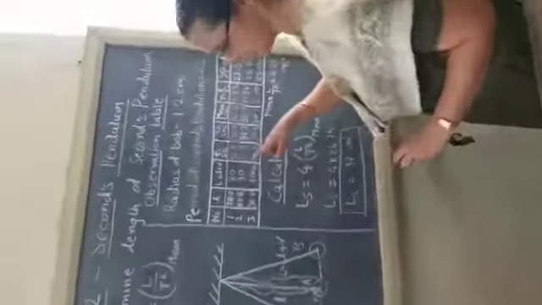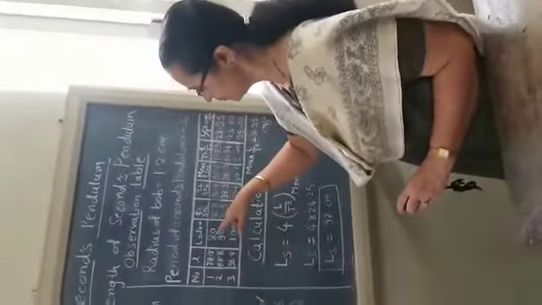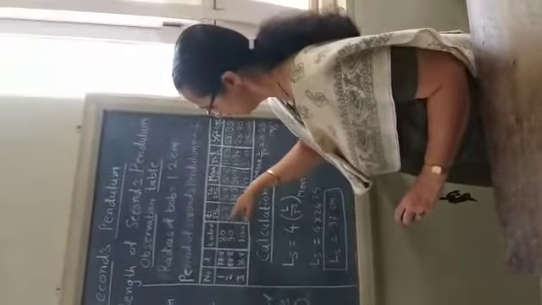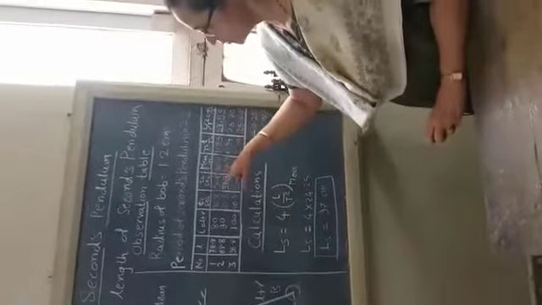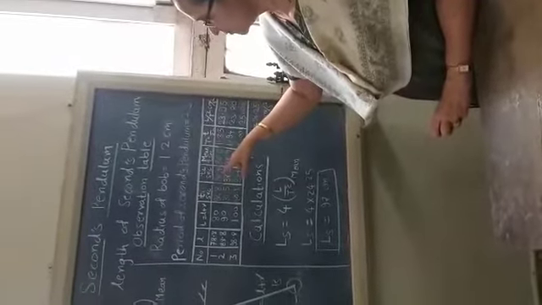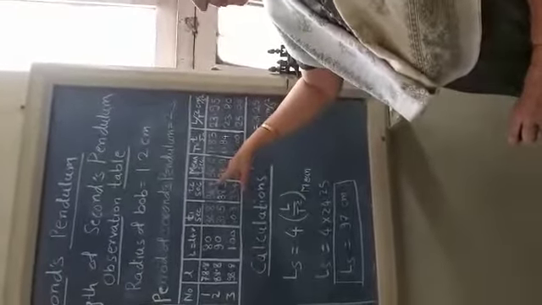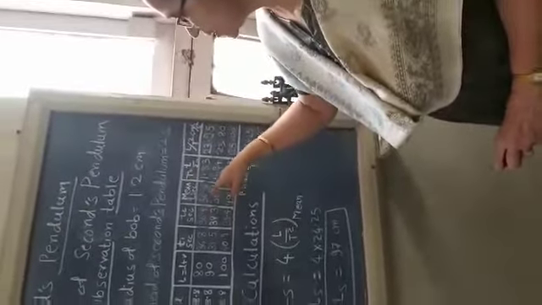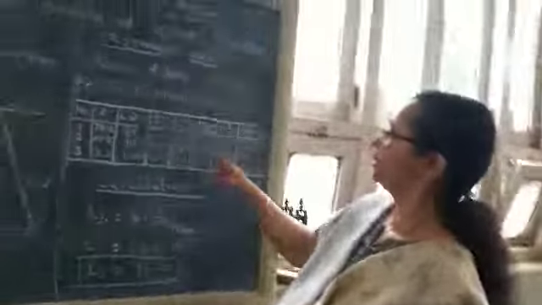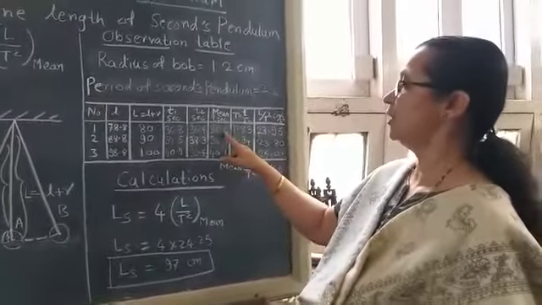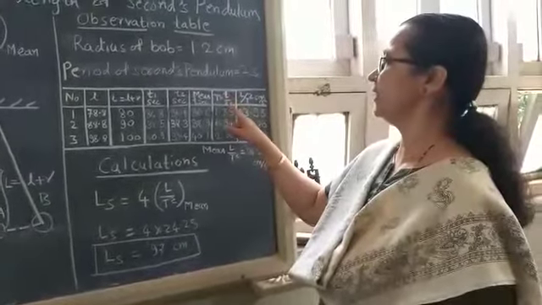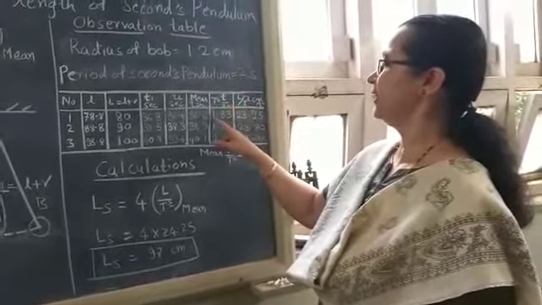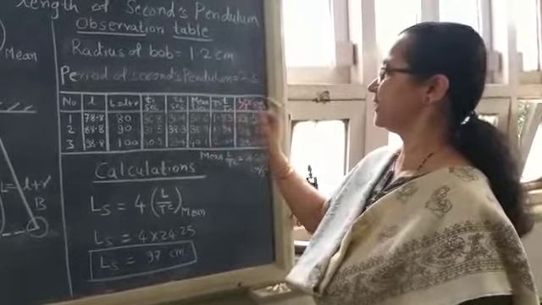Now this time, the time required for 20 oscillations for a simple pendulum of length 80 centimeter, comes out to be 36.8 seconds. We take the same observation once again. Now it comes out to be 36.4 seconds. The mean of these two is 36.6 seconds. This is the time required for 20 oscillations. We have to find the time required for one oscillation. For that we divide it by 20. That is, small t by 20, and it comes out to be 1.83 seconds.